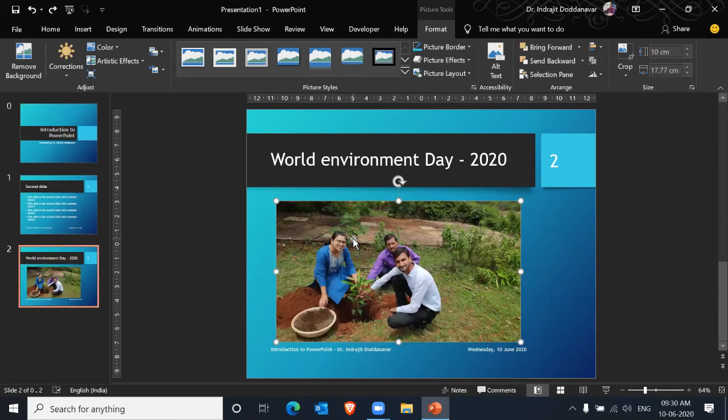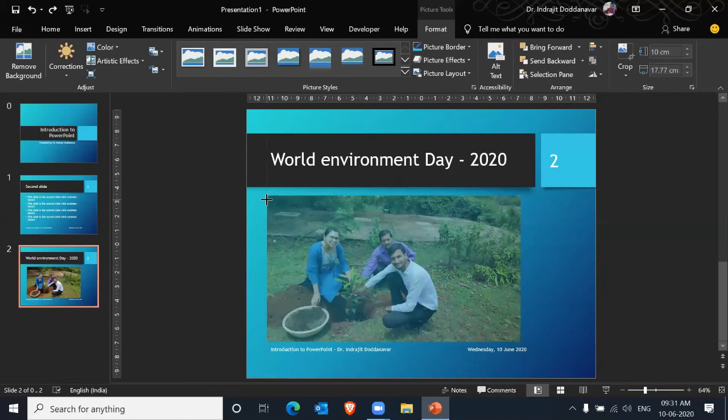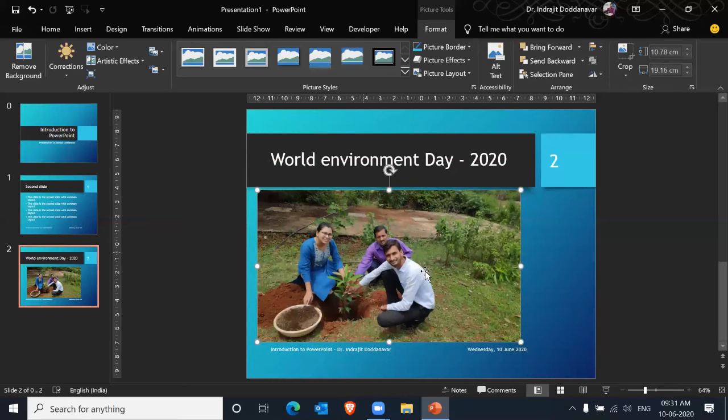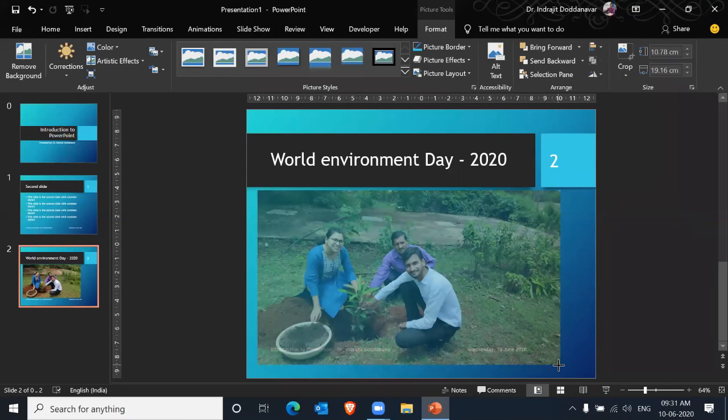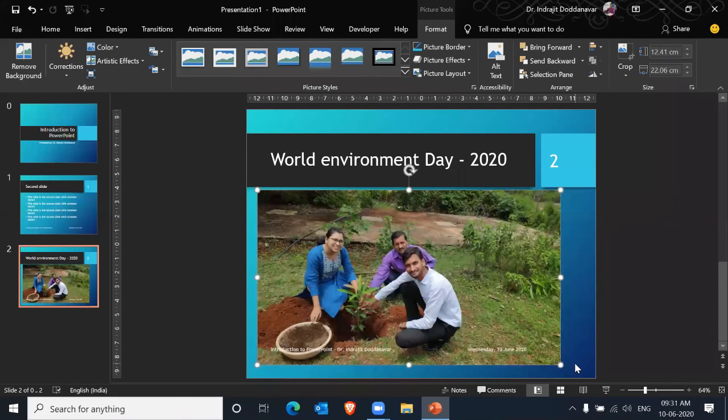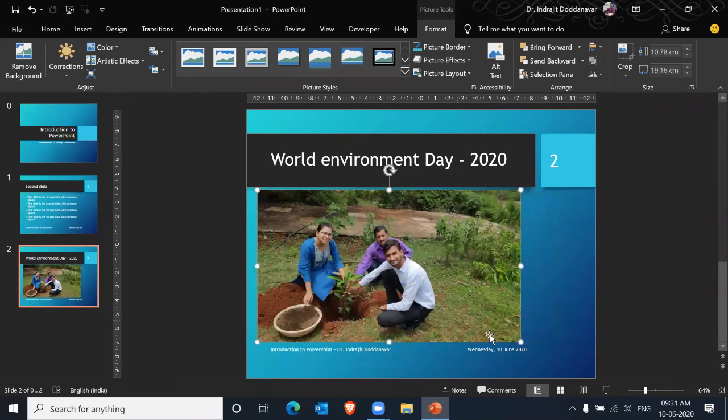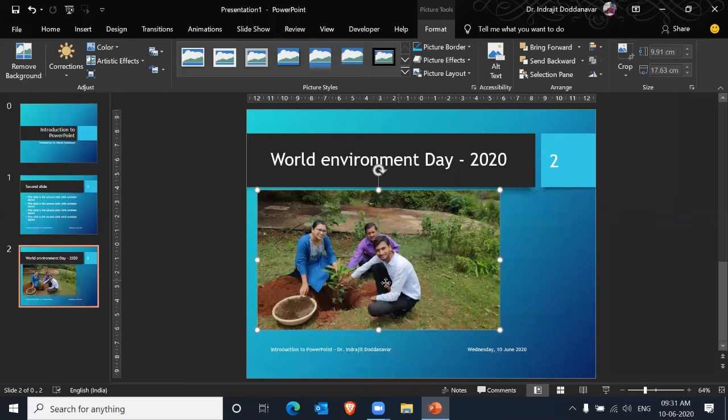So whenever you want to drag a word art or picture or a video or a chart, you will have to drag it with the corners. Whenever you drag with the corners, it will resize, but it will not lose the ratio of length and the width. Okay, so after inserting, you just resize manually and place.